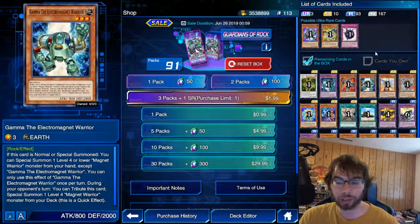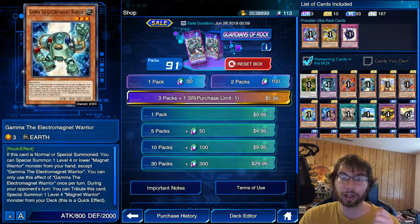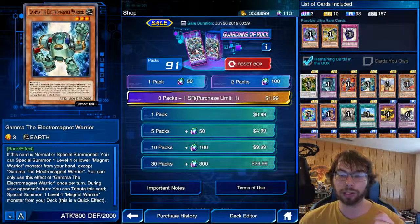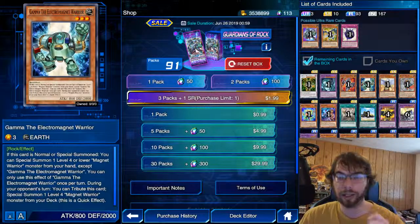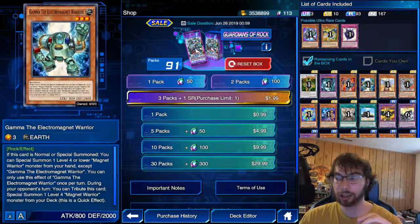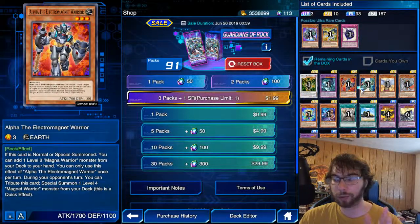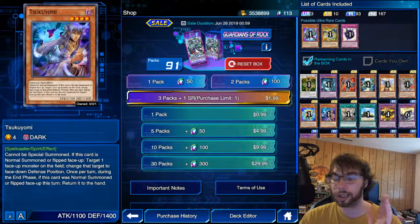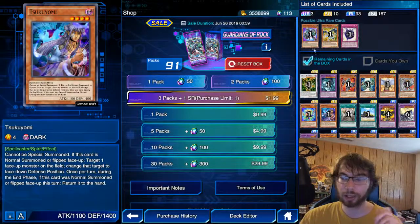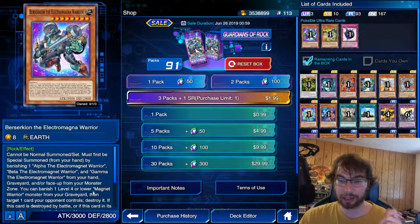One of the big unfortunate things is Beta is a level 33 reward for Yugi Muto, and that's the only copy of the card that we have available to us. If we had more ways to obtain the Beta, I think this deck would really shine, but as it stands right now, we only get one copy of Beta, so it might be a little bit of a problem for the deck going forward. I think they have what it takes to really compete, and Berserkion is pretty solid because